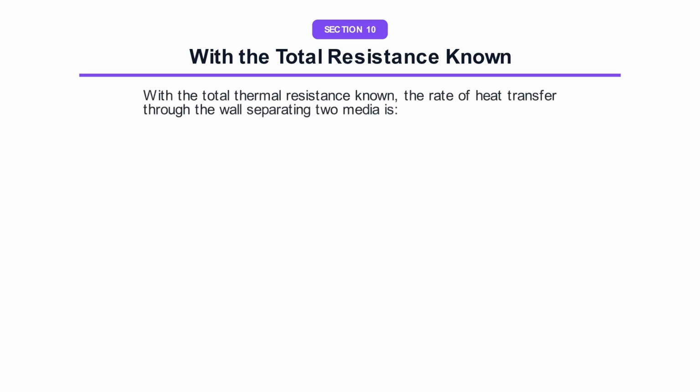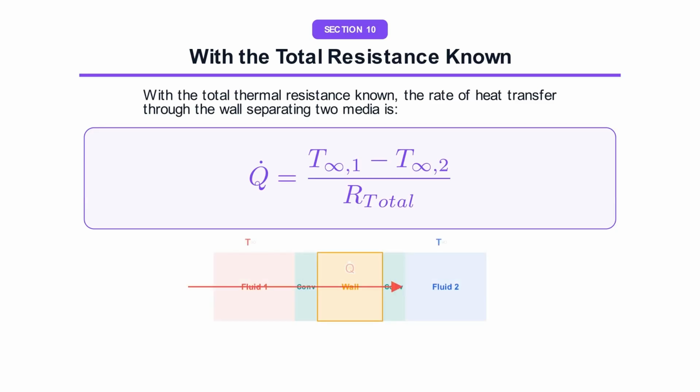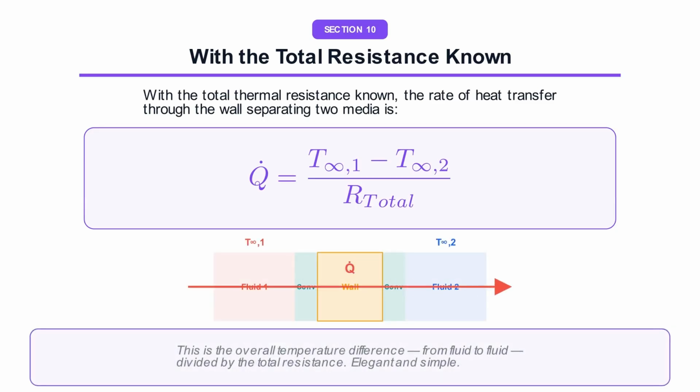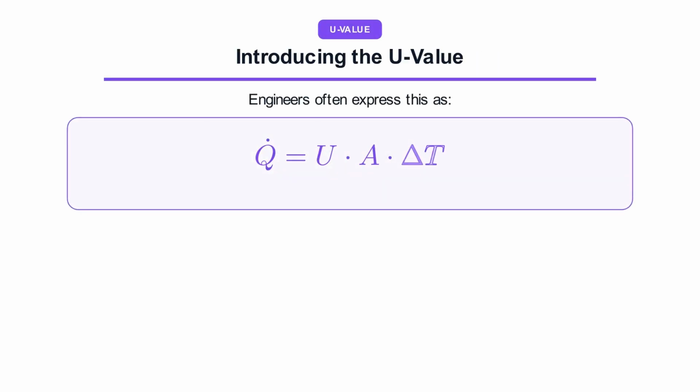With the total thermal resistance known, the rate of heat transfer through the wall separating 2 media is Q dot equals T1 infinity minus T2 infinity divided by R total. This is the overall temperature difference from fluid to fluid, divided by the total resistance. Elegant and simple. Engineers often express it as Q dot equals U times A times delta T, where U is